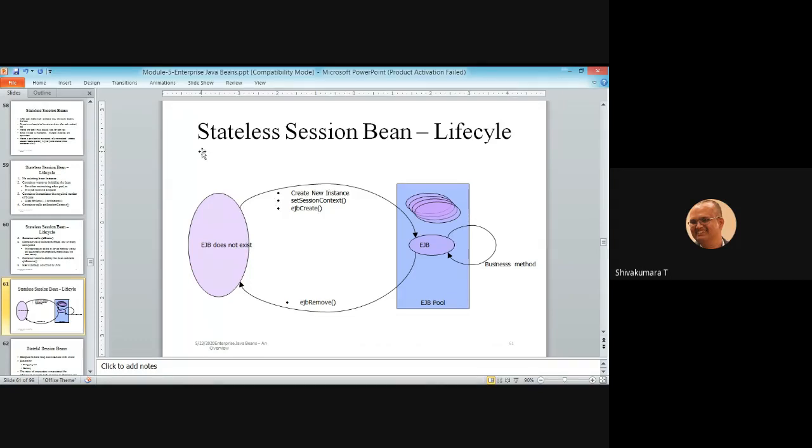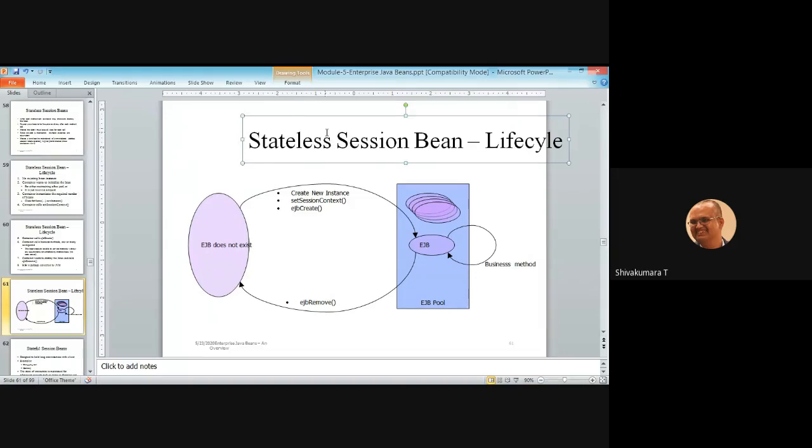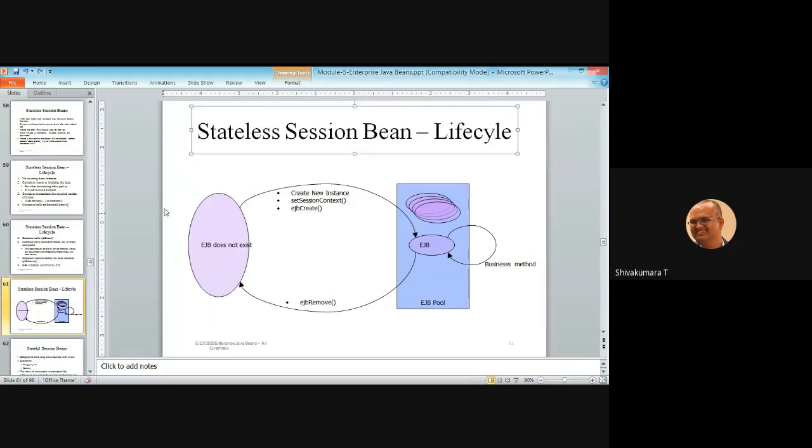Who is taking care of the entire thing? The entire thing is taken care of by the container. So the EJB does not exist in the initial stage. The second stage is create new instance. The third stage is set session context. If it is false, it means stateless. If it is true, it means stateful.